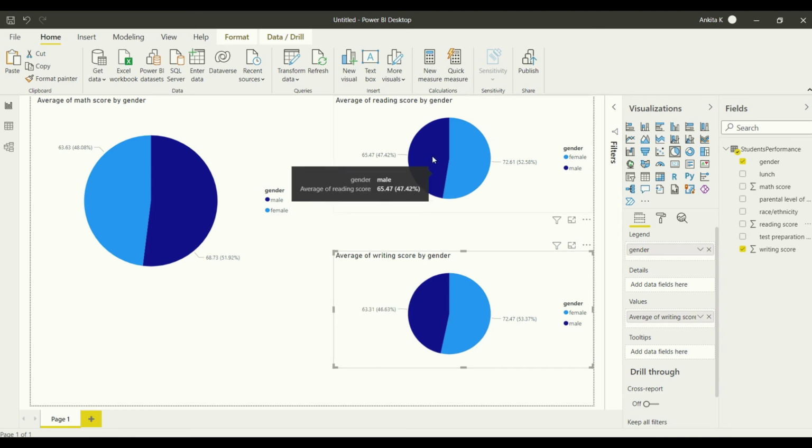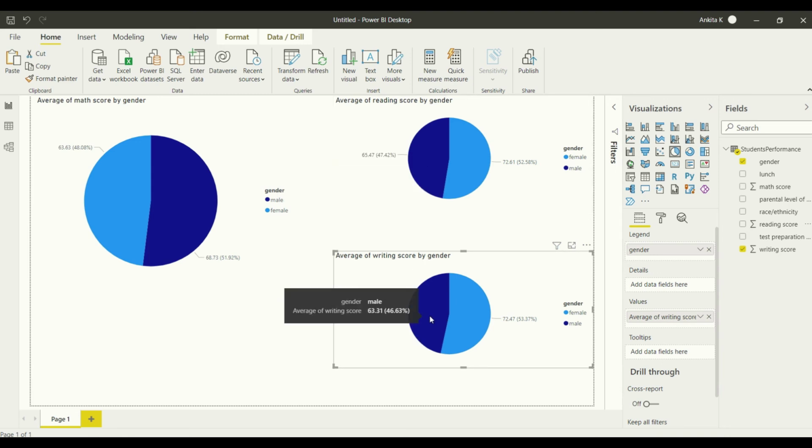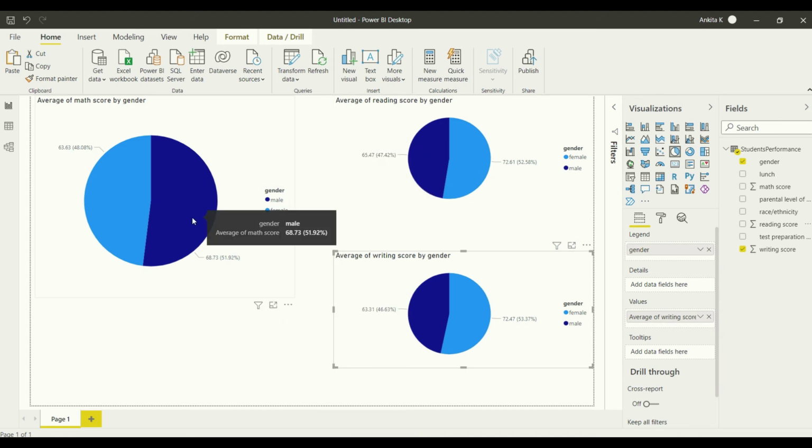So by looking at these scores, you can see that males are scoring less than females for reading or writing score. However, for the math score, males are leading by 5 marks on an average compared to the females. So that is just the brief story that we have taken out of this CSV file as of now. There is a lot more that needs to be done for this report, so we'll be covering it in the coming video.